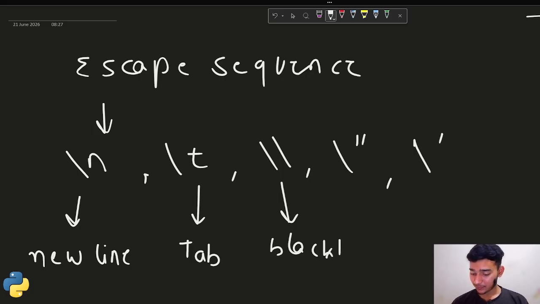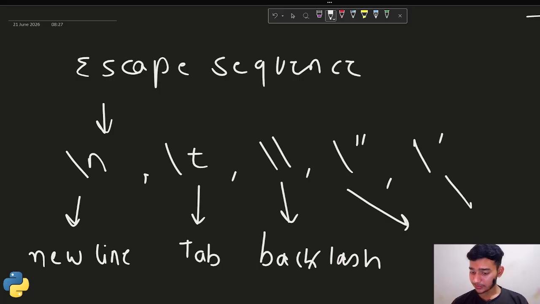The last two are for double quotes and single quotes inside a string. I will let you know where these two are useful.